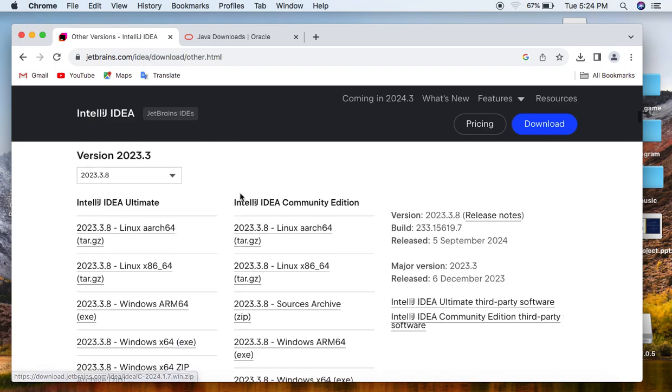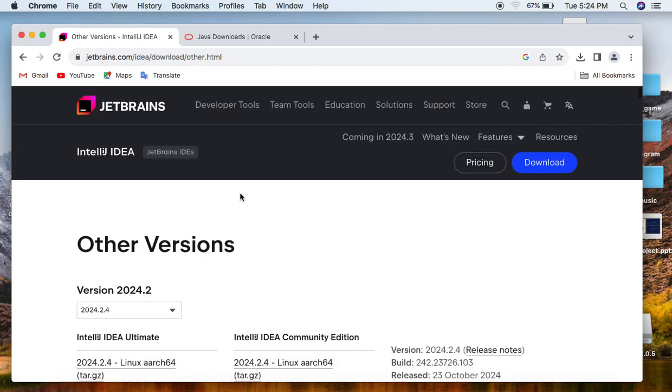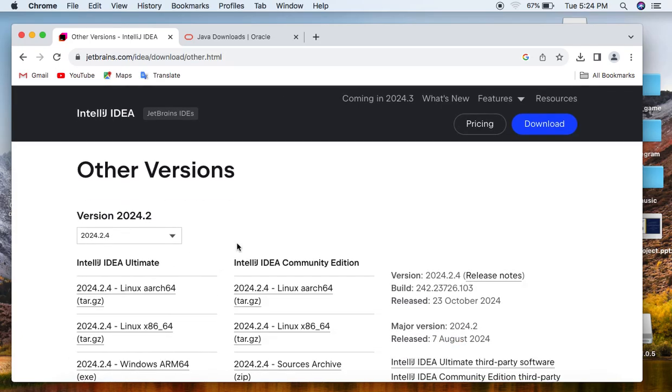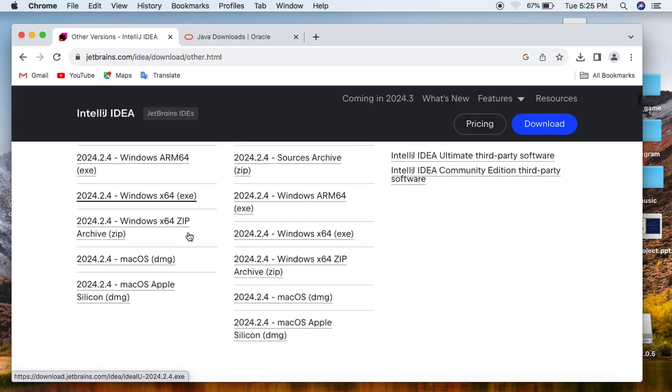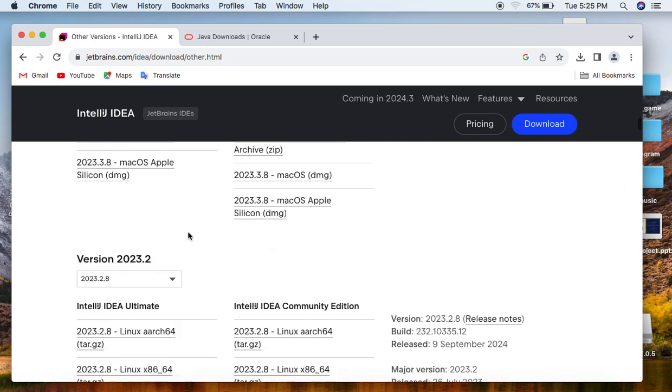And for those on Mac OS from version 11 going up, you can also install the 2024. But those on version 10, I think 10.6, which is High Sierra, you need to download